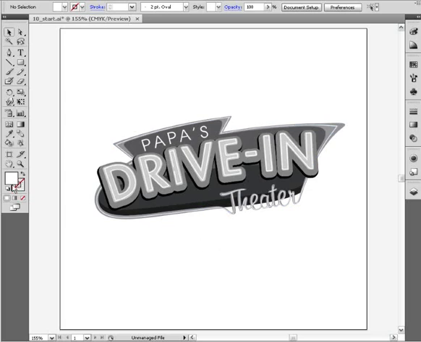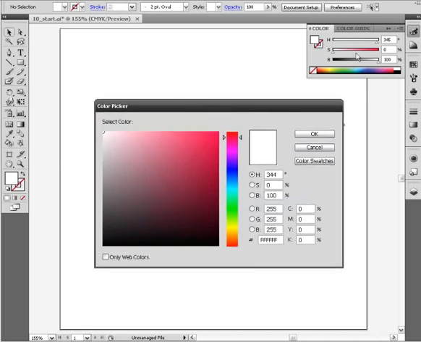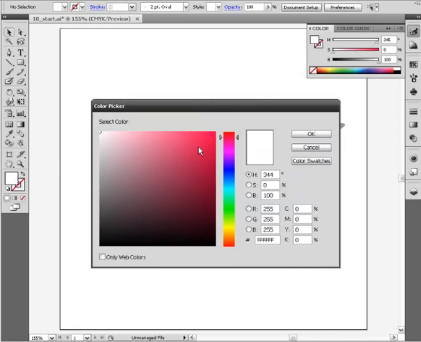But I'm going to come in here and access the color picker in Adobe Illustrator just by double clicking on my fill color here, and you can see that the color palette pops open and we've got our color picker here. Now this color picker is very similar to other Adobe applications, and in thinking about the colors that